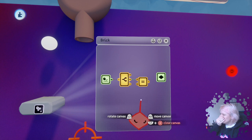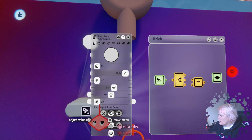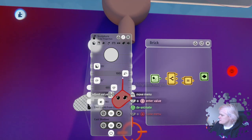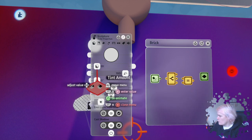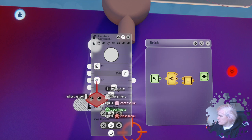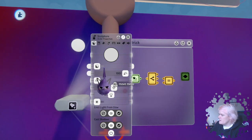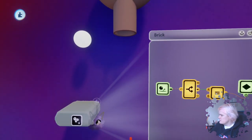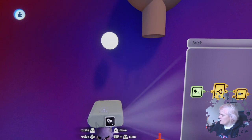So here, what we're going to do is we are going to glow up that, and we are going to set the tint amount to 0 and saturation to 1. You may be asking, Claire, why are you doing that? Well, because I have an idea that's going to make our version of this a little bit more interesting,